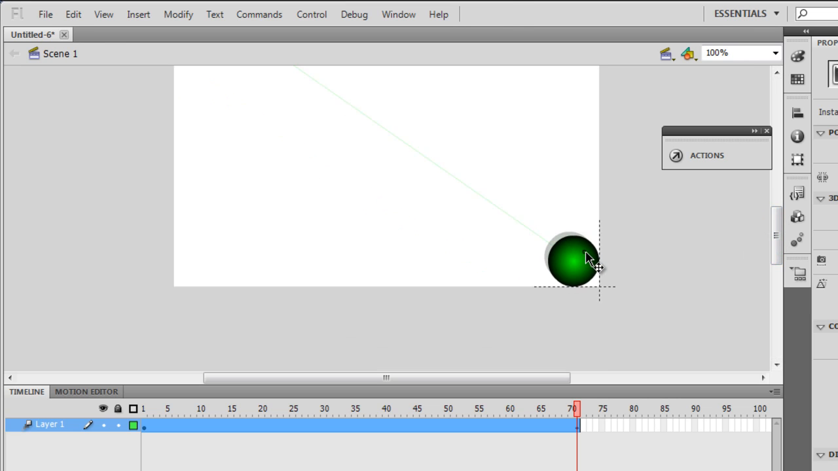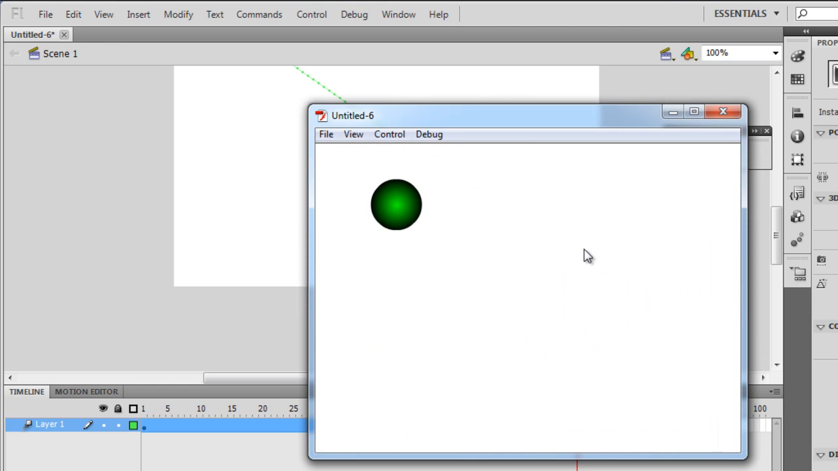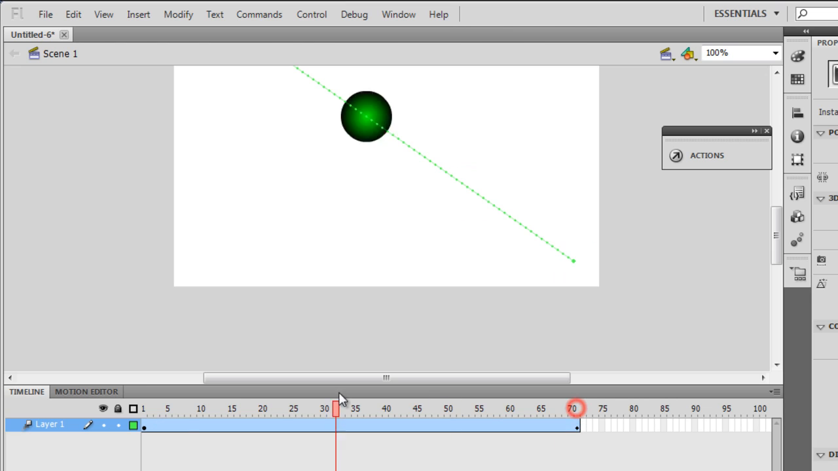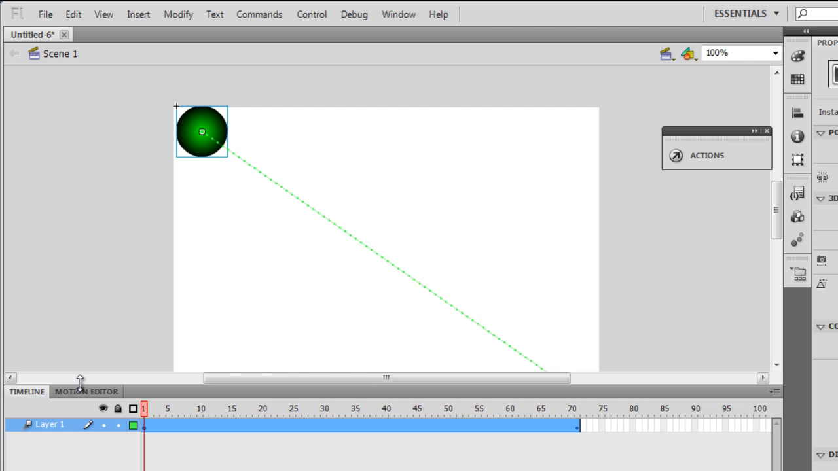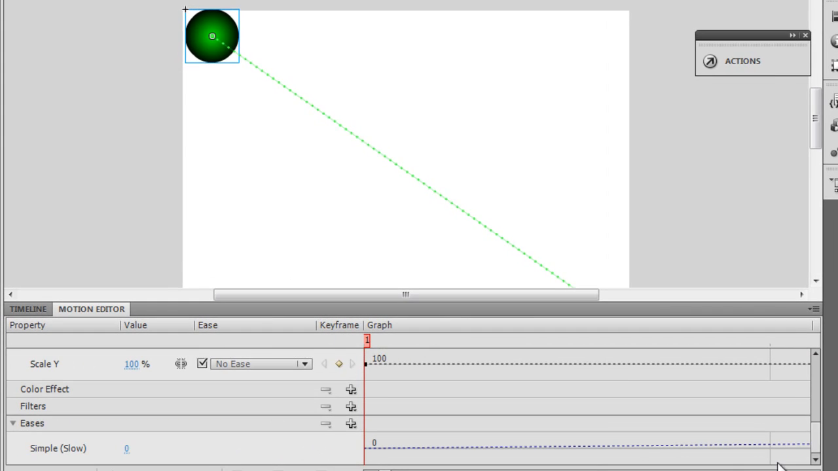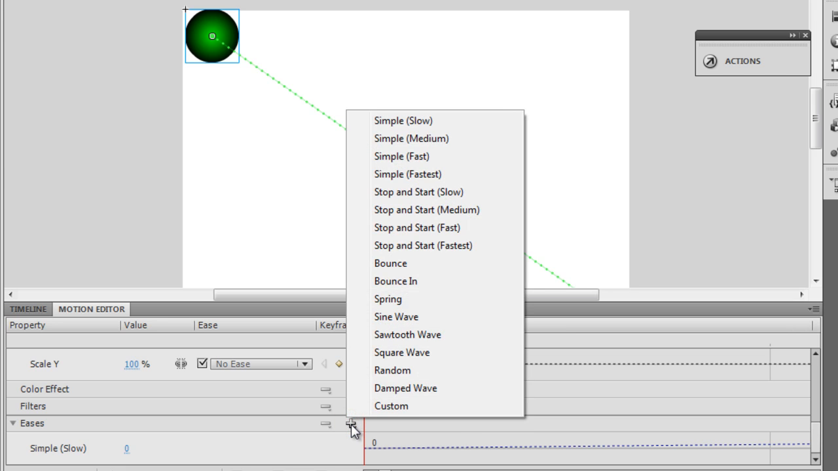bottom right corner. If I were to hit Control Enter right now, guys, you will see a simple slow motion tween taking place. Now what I'm gonna do is take it back to the top left corner like this. Right, I'm gonna hit the motion editor. Alright, and then I'm gonna scroll down where it says simple slow. Out here you see this plus button, and I'm gonna click on this plus button, guys, and I'm gonna show